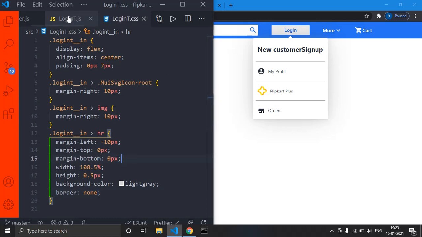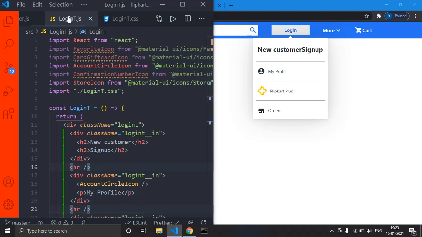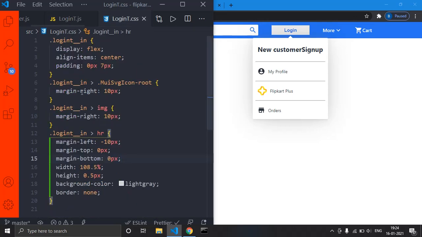Okay, why is it not applying the styles, right? It should, right? What is the case actually? Okay, this is not under the login T underscore. It is under the login T, right? See, this HR is not present inside this div, but it is present in the outermost div, so that's why we have to target that div, but not the inside div. Now just press Ctrl S, save.